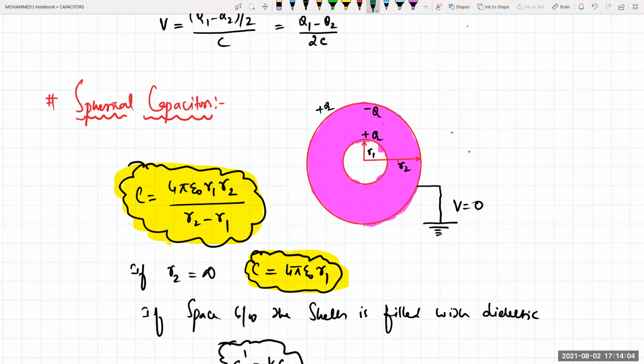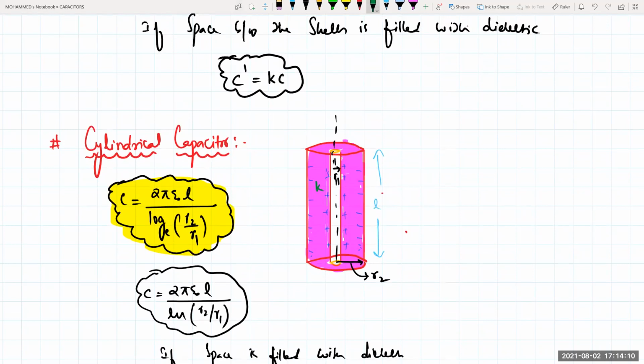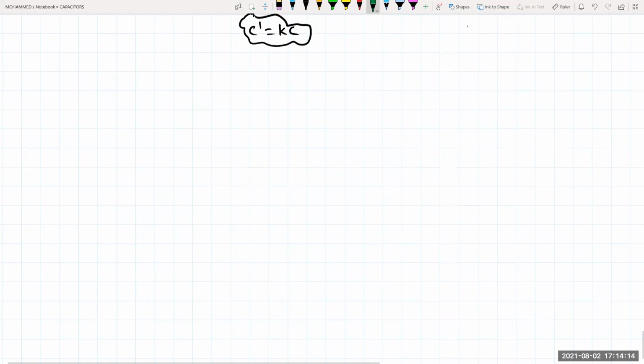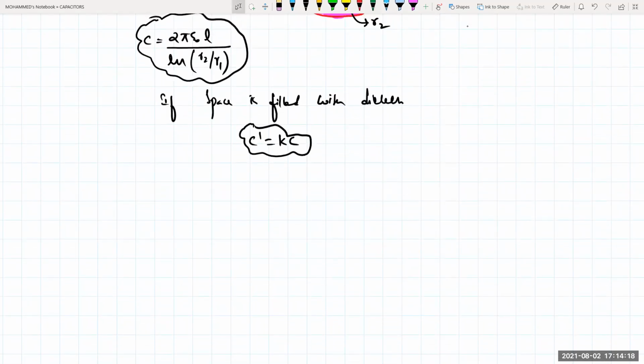Okay, so this is a dielectric constant of K. Here also in this one there is a dielectric constant of K. Clear? This is the way how we get the problems on the given condition. Okay, let's do a couple of problems, we'll get clarity on how we are doing the problems related to this. This question right now.